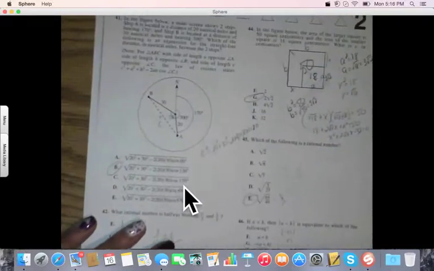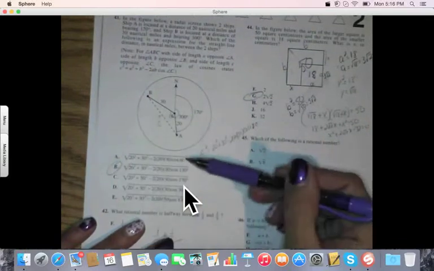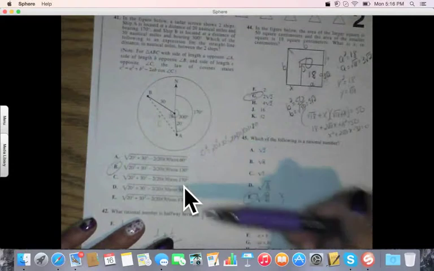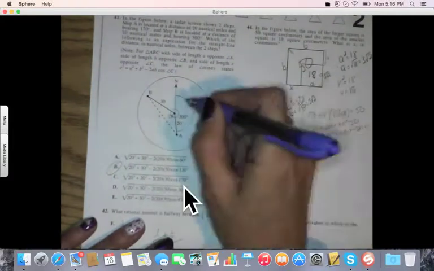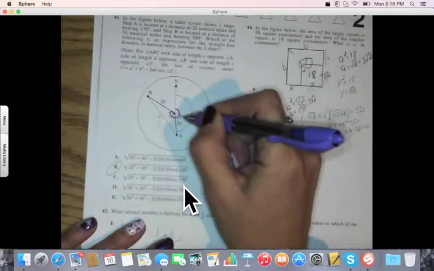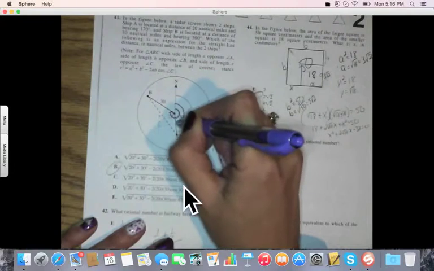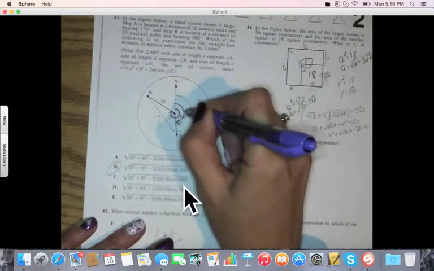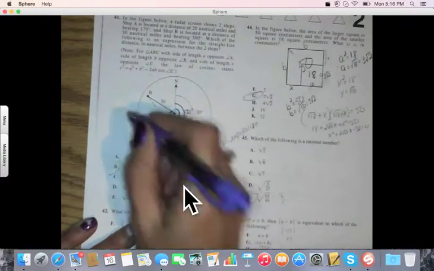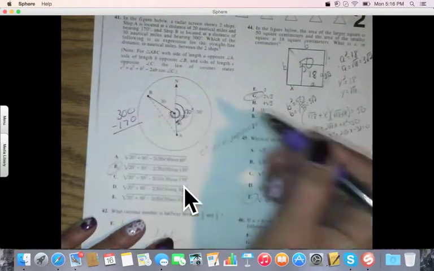This is law of cosines, and they're giving you the formula here. And if you look, all of these angles are different. All I've got to do is figure out my angle, and I'll have it. So what they're telling me is from the north all the way around to this line is 300, and from the north over to this line is 170. So for me to get the angle inside my triangle, I'm just going to go 300 minus 170, and I